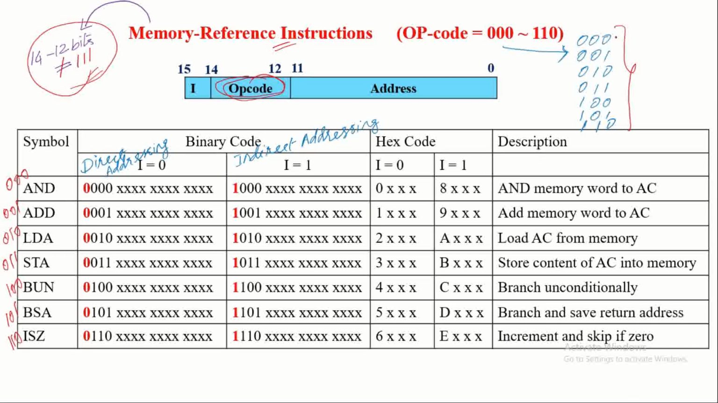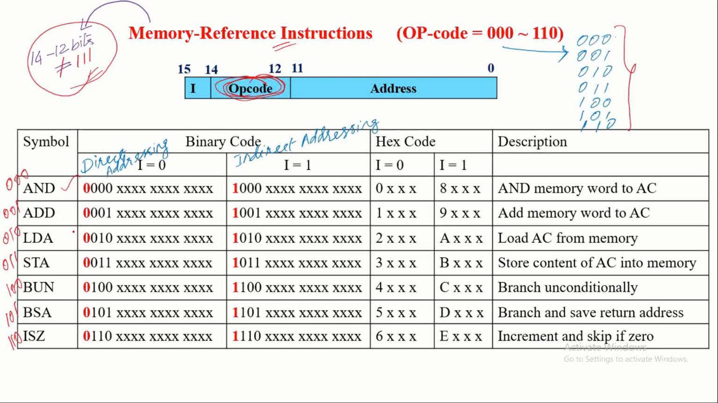It may contain 000 to 110. If triple zero is there in the opcode part, then the operation to be performed is AND memory word to accumulator. If the opcode part contains 001, the operation to be performed is add memory word to accumulator. So like this, based on the opcode value only, the corresponding operation is performed. Totally 7 operations are specified by